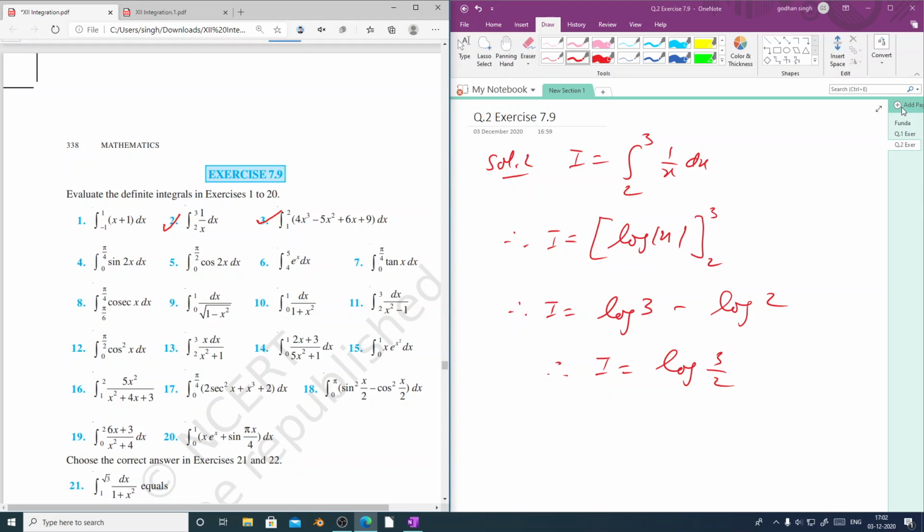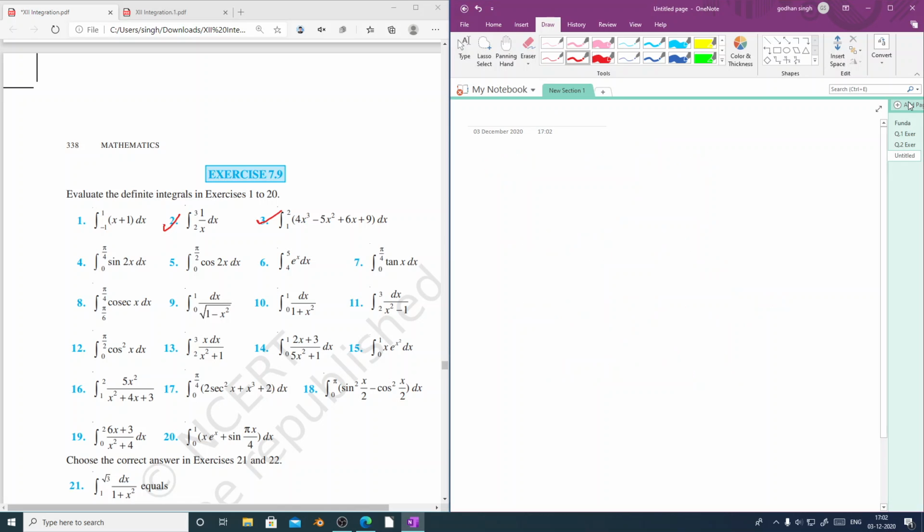Then let's try the next one, that is question number 4. So we'll be trying question number 4th one. Question number 4, exercise 7.9. So I equal to integration of 0 to pi by 4 sine 2x dx. Therefore, I equal to, we know the integration of sine, that is minus cos 2x by 2,